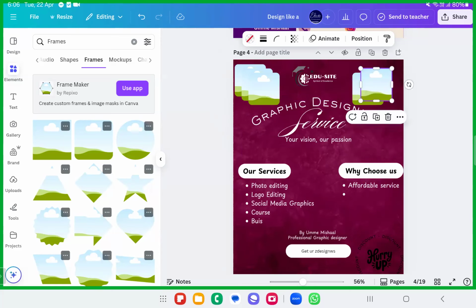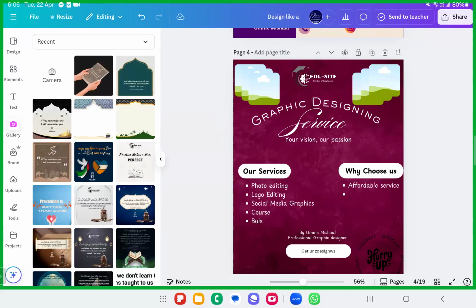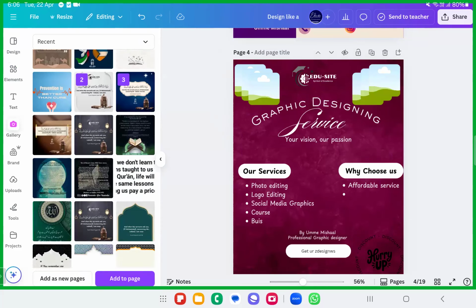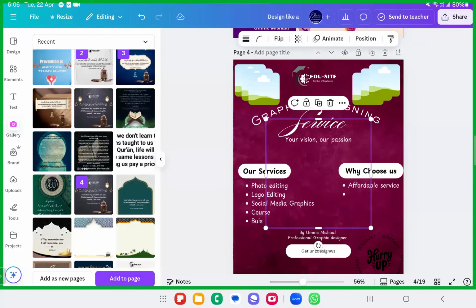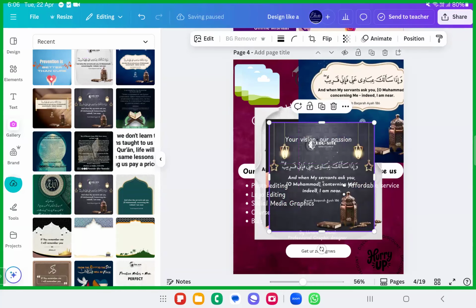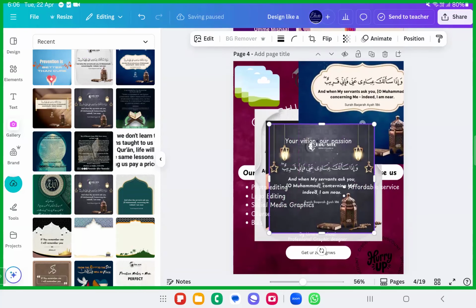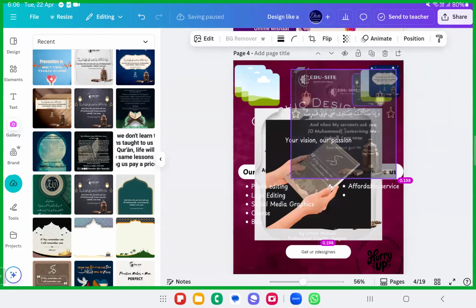I'll just duplicate it. I'll make it like this. I'll place it here. Now I will add my designs to that. For example, this design, this design, this design, so that I can showcase my designs to my client. These are the designs I've created. If you want to get designs done like these with me, you just have to ping me here. That is called a service flyer. In this way, you can provide your service to your clients, dear sisters and brothers.